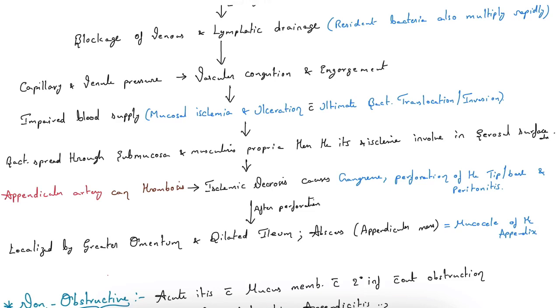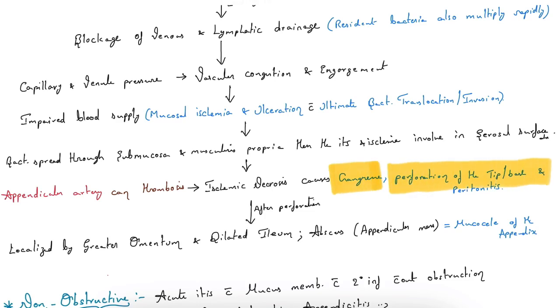The bacteria will spread through the submucosa and muscularis propria. Then we can see ischemia involving the serosal surface. The appendicular artery can develop thrombosis. In the appendicular artery we can see thrombosis, then ischemic necrosis, and then gangrene and perforation